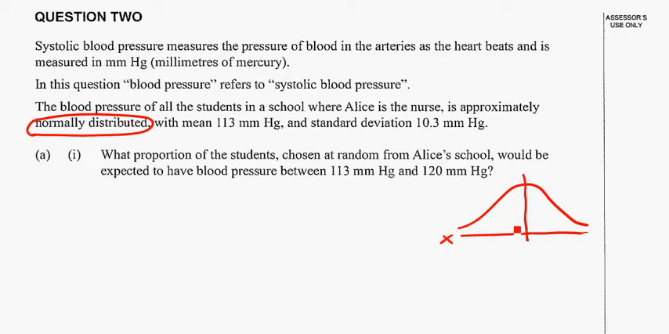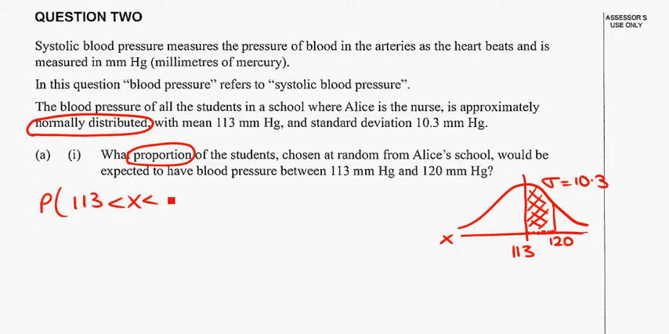We're told that of the students there is a mean of 113. There's the unit, and standard deviation is 10.3. Right, so part 1, what proportion of the students chosen at random have a blood pressure between 113 and 120? So 120 is going to be to the right here, 113, and the probability of having a blood pressure in between there is the same as the area under the curve between those two values. So we want the probability of choosing a blood pressure between 113 and 120 if we chose a random student. So